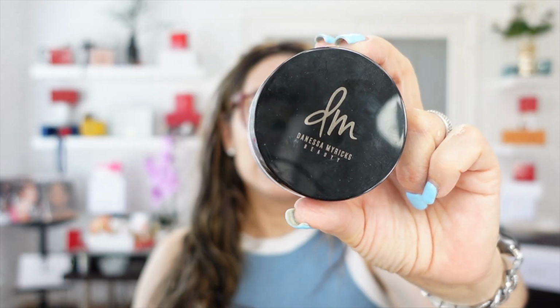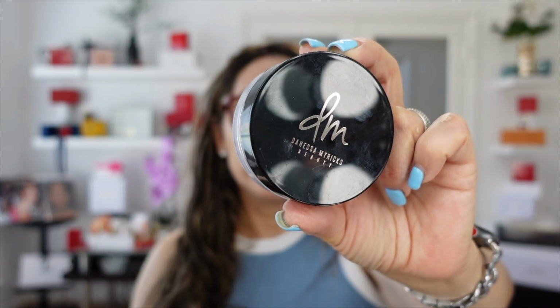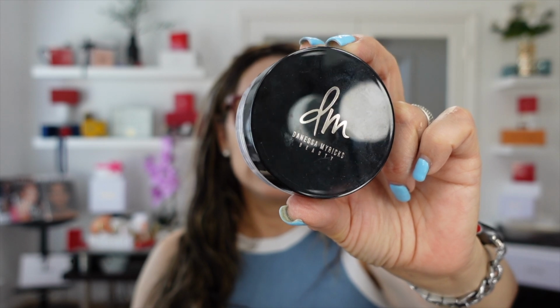I'm going to let it set for a few seconds and I will be back with the step of the powders. I did apply on this eye of camera. This is an Evolution powder, priming, smoothing and setting powder. This powder is very heavy, okay? Even though I did apply a tiny little bit of this, I feel the eye